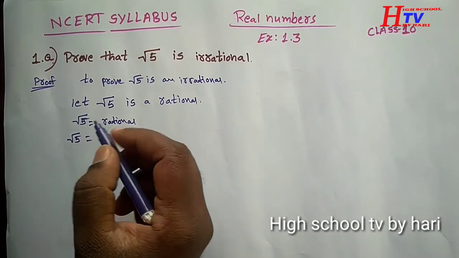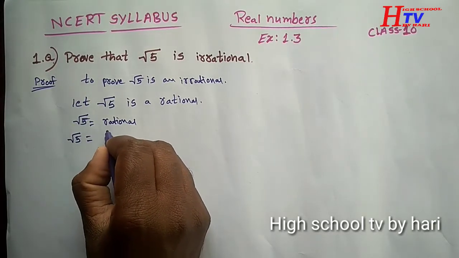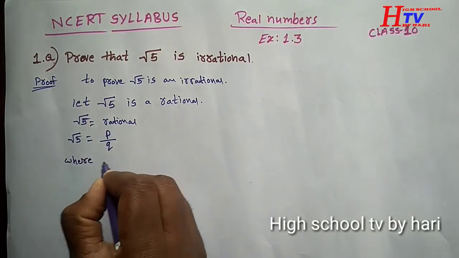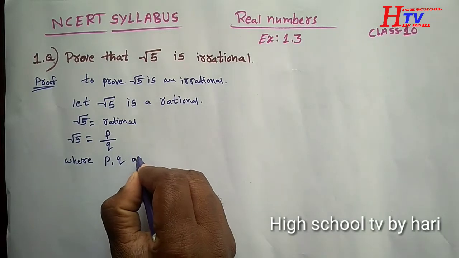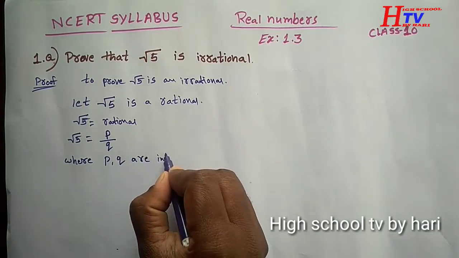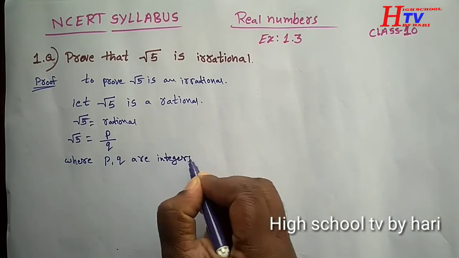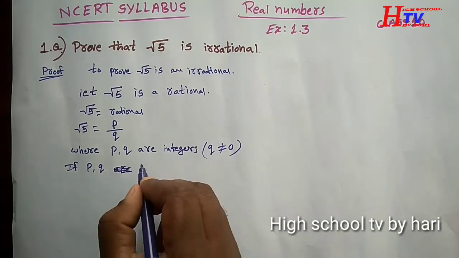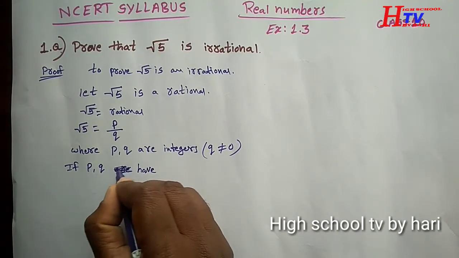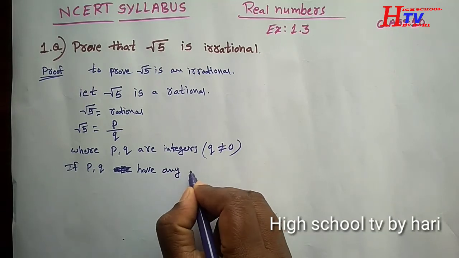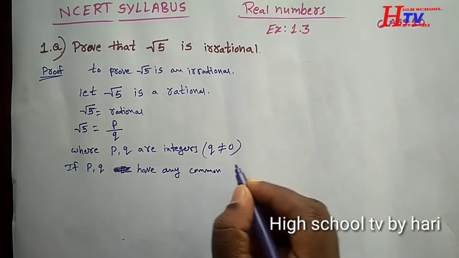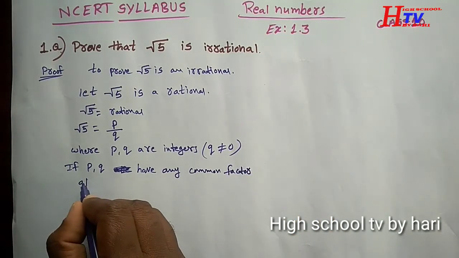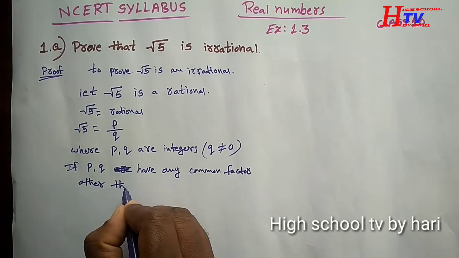That means root 5 is equal to p by q, where p, q are integers and q is not equal to 0. If p, q have any common factor other than 1,